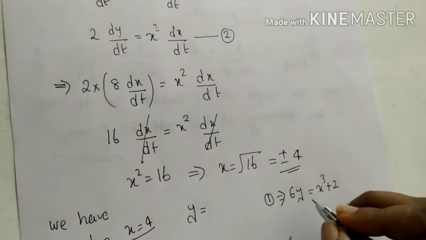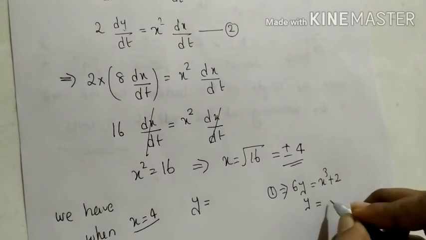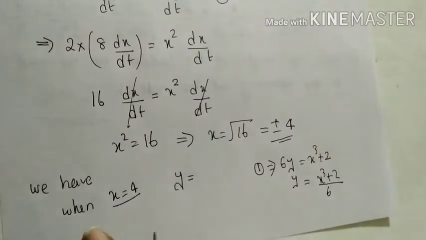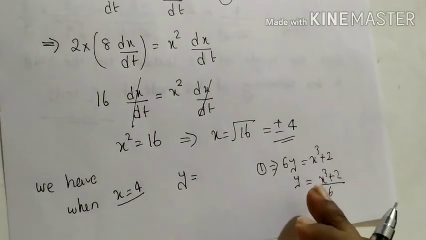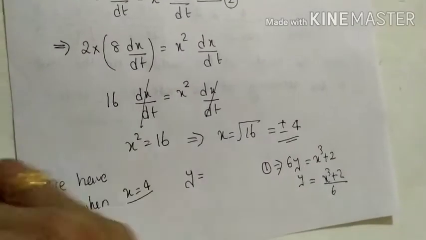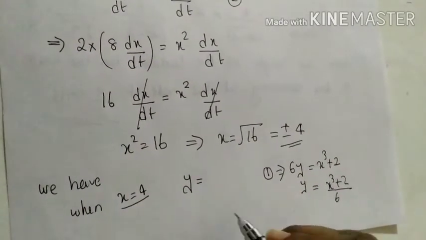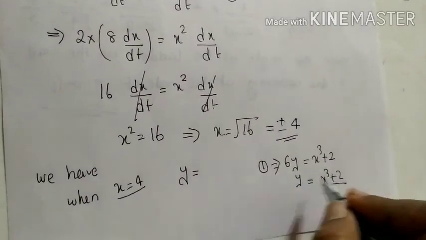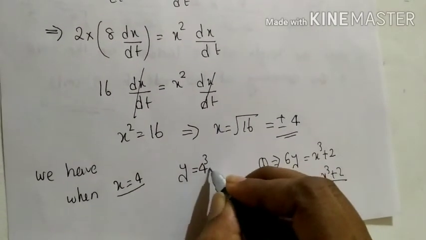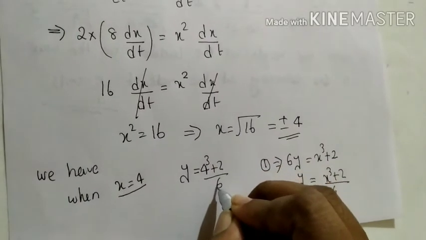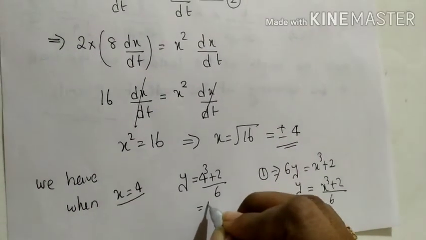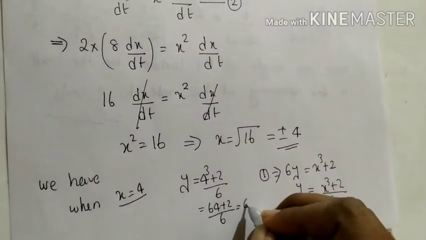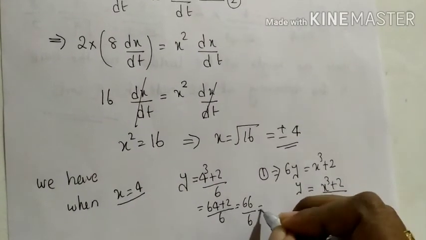From this we get y equal to x cube plus 2 divided by 6. So substituting each value of x in this, we get our answer y here. So substituting the value of x here, we get 4 cube plus 2 divided by 6, which is equal to 64 plus 2 divided by 6 equal to 66 by 6,